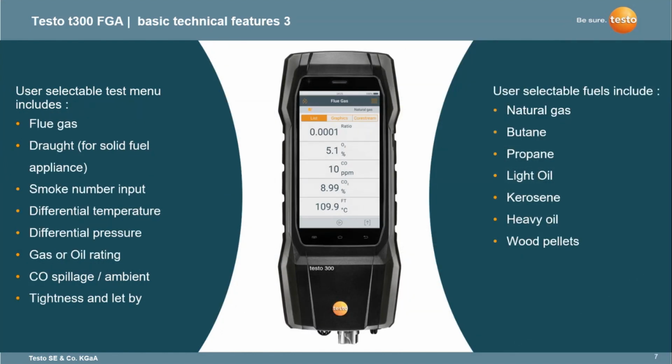So you can see there all the selectable test menus are included in the instrument, and all the currently selectable fuels. We are currently in discussion with our factory in Germany, for example, to try and look at HVO. I know a lot of people are looking at that as a fuel that's coming in from the oil sector. And again, one of the beauties of this as a product is for our guys in Germany, it's very easy